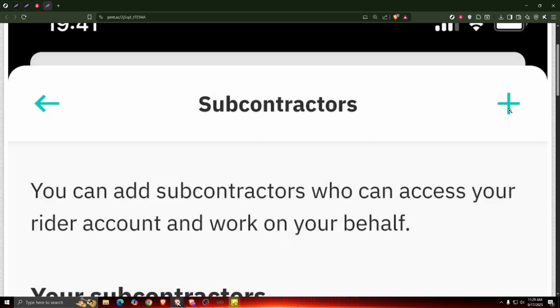With those steps, you can easily add a substitute on Deliveroo, ensuring your deliveries continue smoothly even when you can't be there in person. Keep in mind that it's always a good idea to communicate with your substitute, ensuring clarity for both parties involved. I hope this tutorial made the process clear for you and sets you on your way